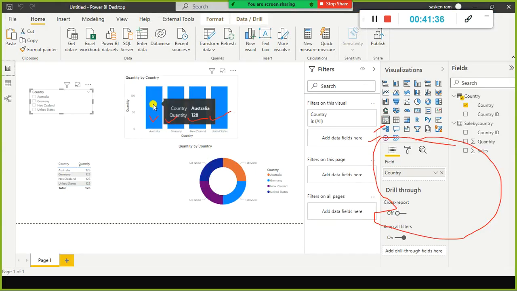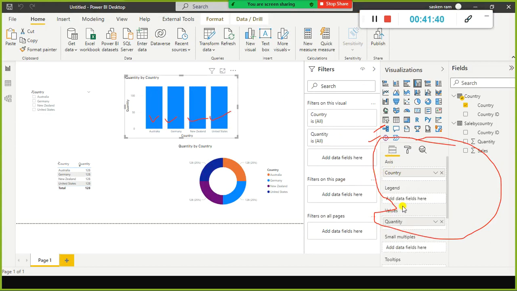Here, in this case, I just plotted the quantity field. In the values, I mentioned quantity. So for all the countries, it shows only the total quantity sold. For the entire record, what is the total number of units sold? That is what it shows for all the countries. It is not doing the filtering correctly. How do I make sure? Even when you look at this donut chart, the same thing is happening.